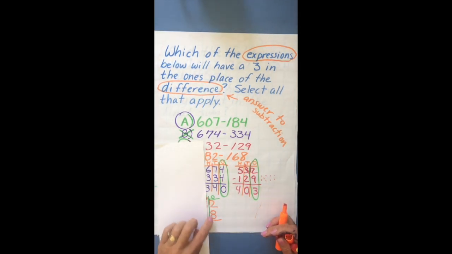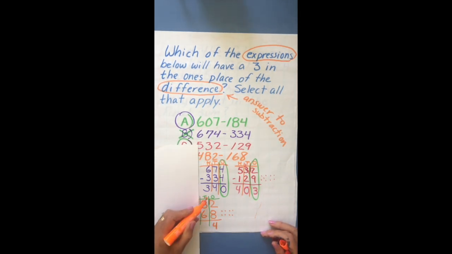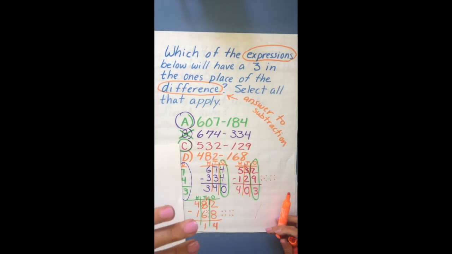Now I have 12, take away 8: 12, 11, 10, 9, 8, 7, 6, 5, 4. So this is a 4. Now I go to the tens house, 7, take away 6: 7, 6, 5, 4, 3, 2, 1. So I've got 1. And then 4 take away 1, I can just do it like this,